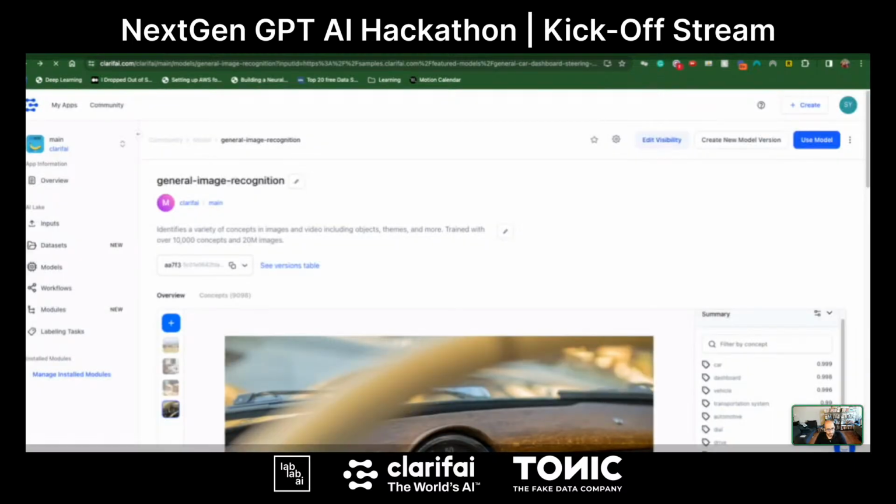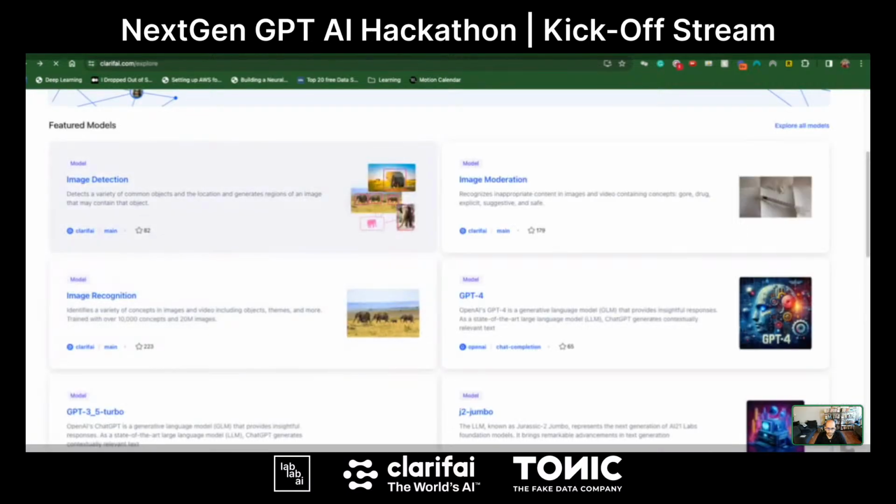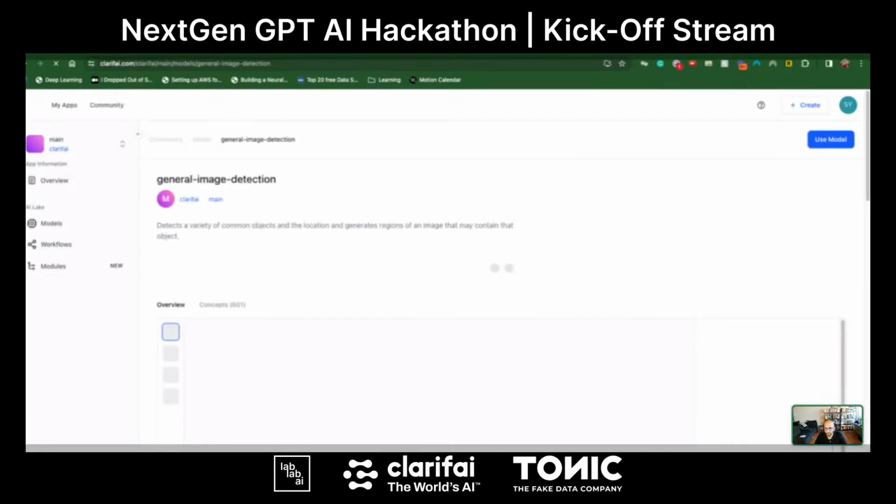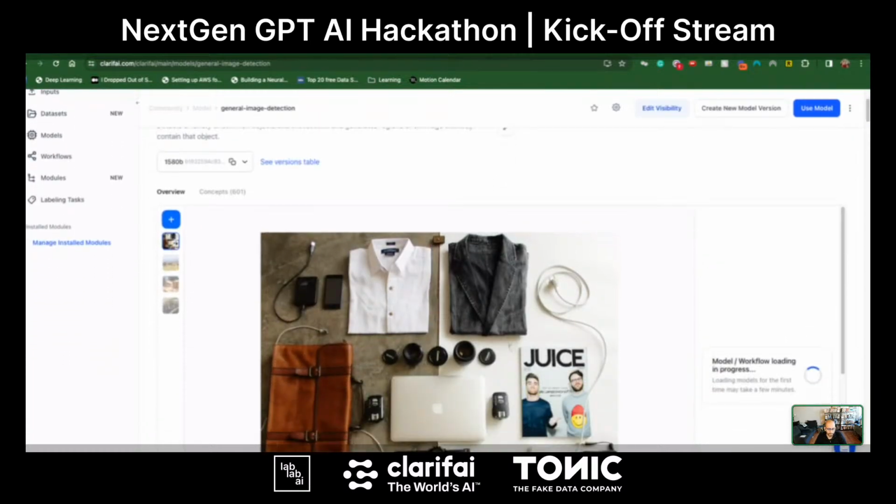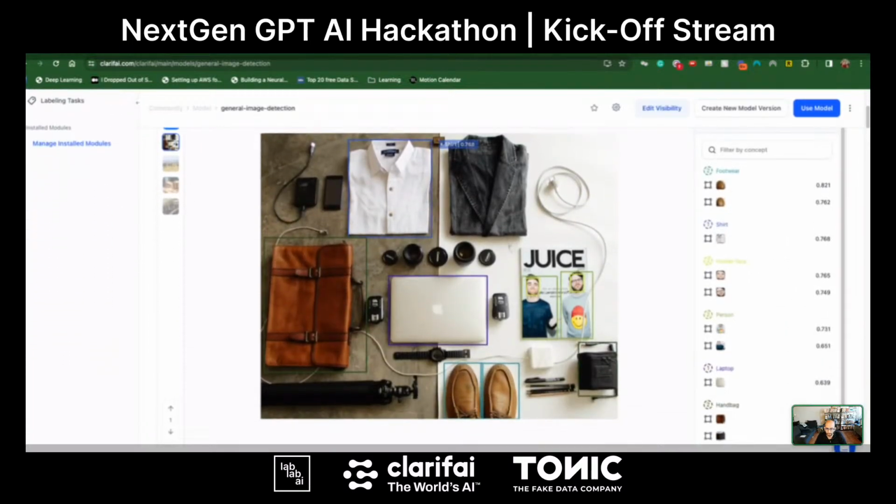And that is an example of one model. We also have other models. Let's just take a look at another quick model, and that is the image detection model, which is similar to what I just showed you, but instead of just doing simple classifications, it is also now doing detections. So if you remember this image, this is the same exact image. Instead of now just giving us contextless tags, it's actually putting bounding boxes on what it sees.